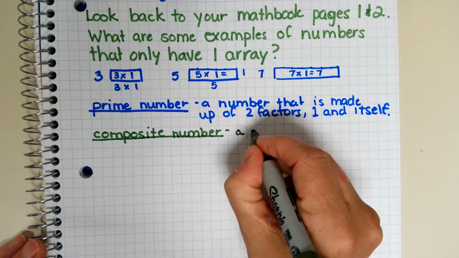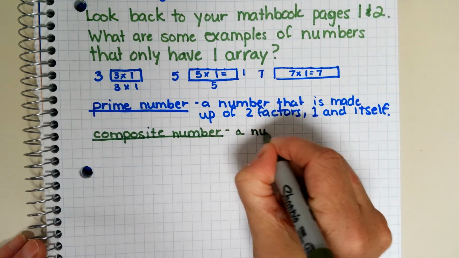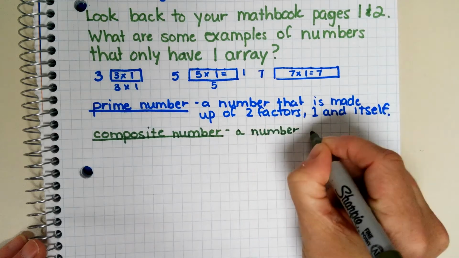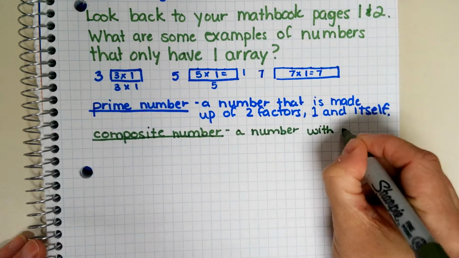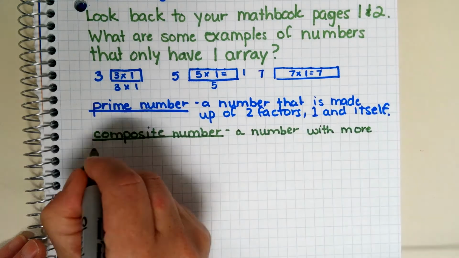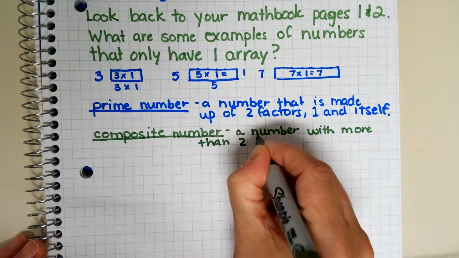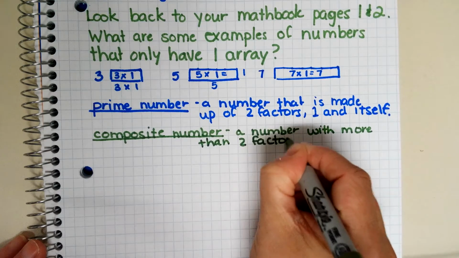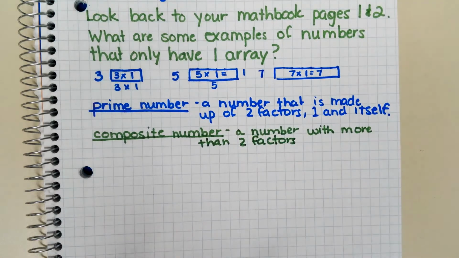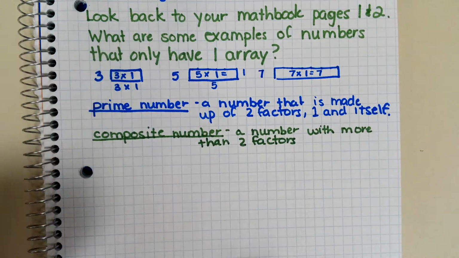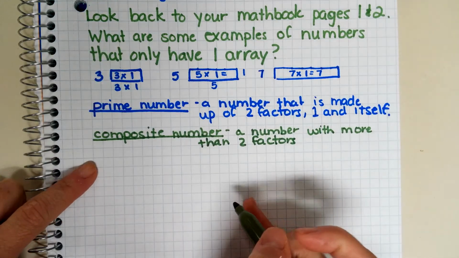So our definition, a composite number is a number with more than two factors. Okay? So our prime numbers are above. If it was a composite number,